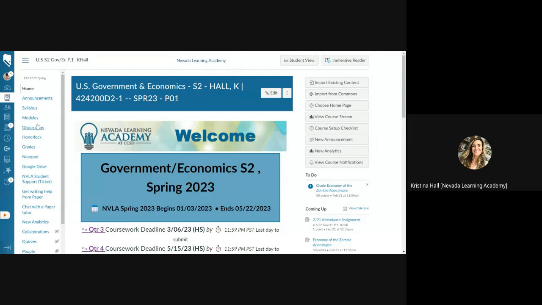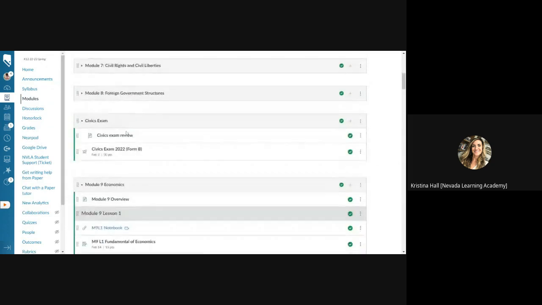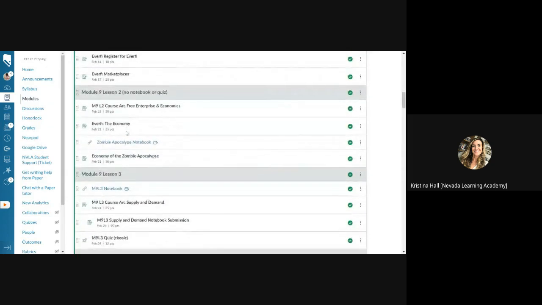So for the zombie apocalypse worksheet, it's pretty self-explanatory, but you're going to go to modules, and it's going to be in module 9, lesson 2. Okay, so you're going to scroll down. And for module 9, lesson 2, there's no notebook or quiz, so you're going to do the course arc, and